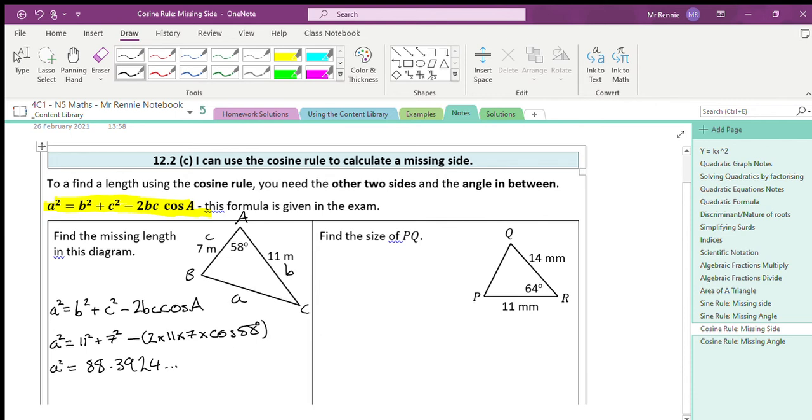that is the length of A squared, which is not what I want. I want to get the answer of A, that's the length that I'm finding. So to undo a squared, we take the square root, so a bit like Pythagoras. So it's going to be the square root of my answer, and you can see why I didn't round now, so that my answer is going to be more exact. And if you do that properly, what you should get is